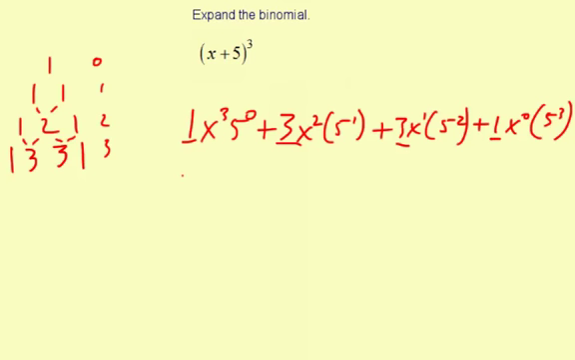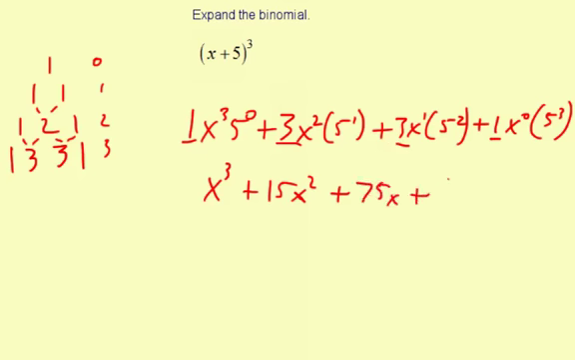The next part is to actually simplify. So 1 times x to the third times 5 to the 0, well that's 1 times x to the third times 1 again, so x to the third, plus 3 times 5 to the 1, which is 15, and then x squared, so 15x squared, plus 3 times 5 squared, well 5 squared is 25, and then times 3 is 75, so 75x,